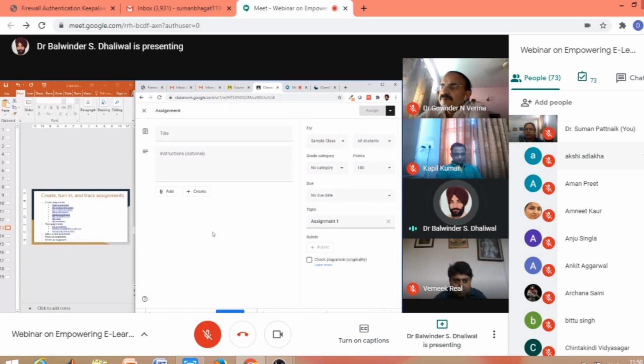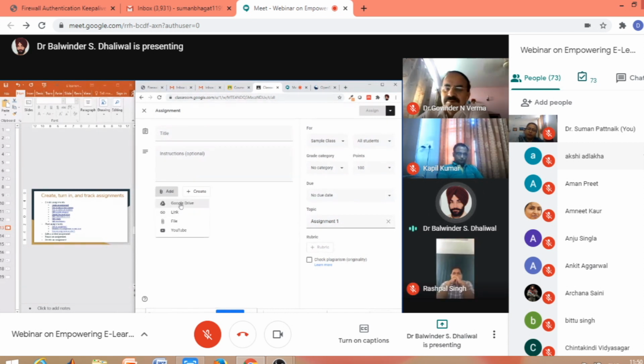If we want to share any attachment with the students, then we can press on this add. We can add any link, or we can select any Google link from Google Drive, or any link of that page or any other link. We can even upload a file, and when we post the assignment, that file will go to the students.